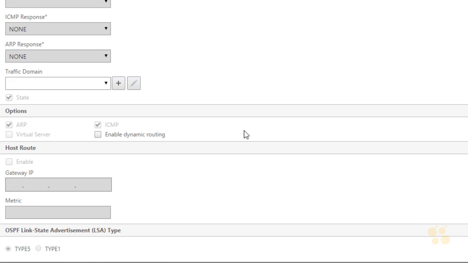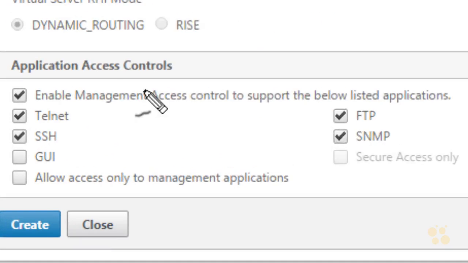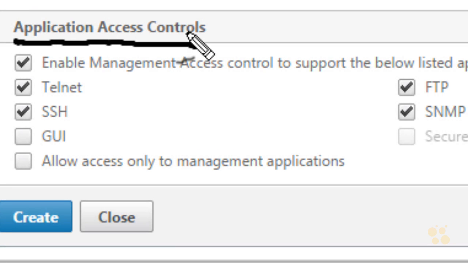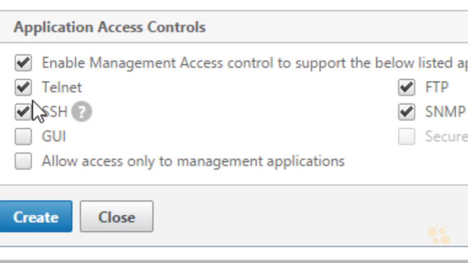And then we'll scroll all the way to the bottom. And you'll notice regarding application access controls on this new subnet IP, it has enable management access. If we did or didn't want some of those features, we could just choose them. For example, Telnet. That's terrible. In a production environment, friends don't let friends use Telnet because it is plain text. Also, FTP is not secure. So we'll disable that one as well on this interface. But what I would like to enable is the graphical user interface. So if you and I wanted to,